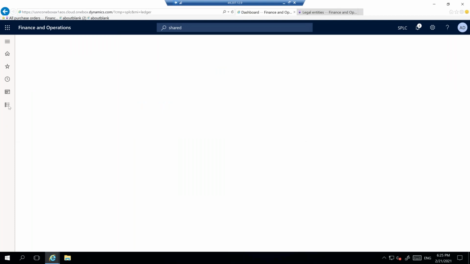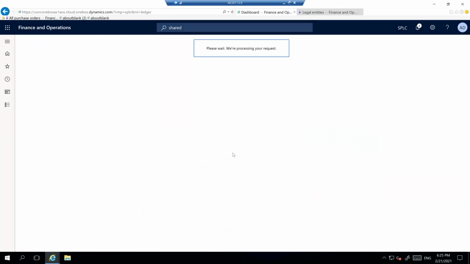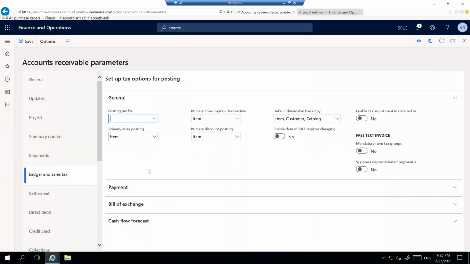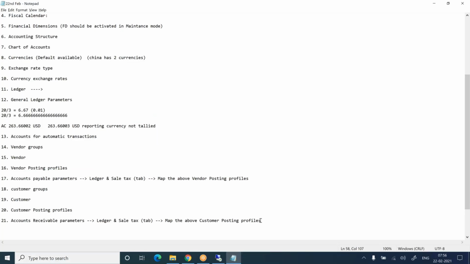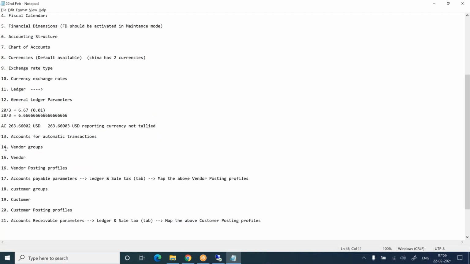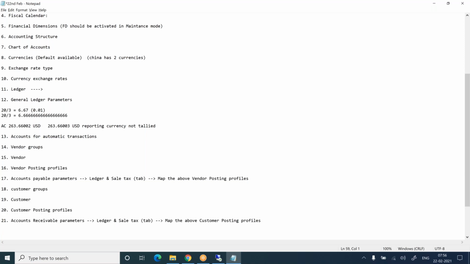And once again, the same, you need to map the customer posting profile in the parameters. Ledger and sales tax tab. You need to map the customer posting profile. Okay. Next. So these things, in another 5 minutes, we'll finish it. So these things you know from AP and AR. Okay. Next one is